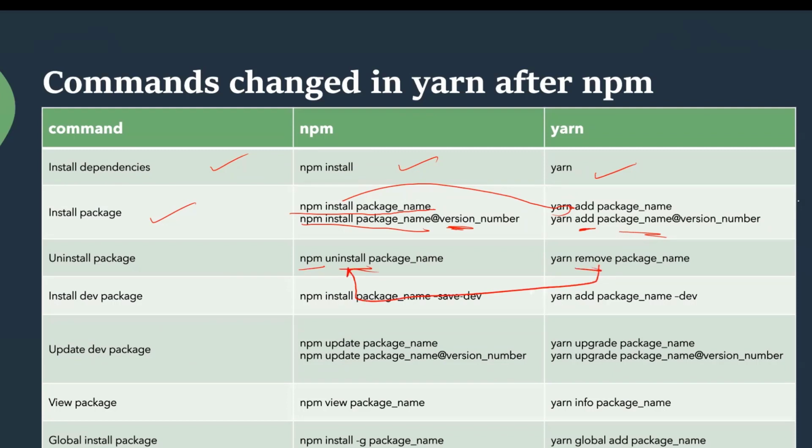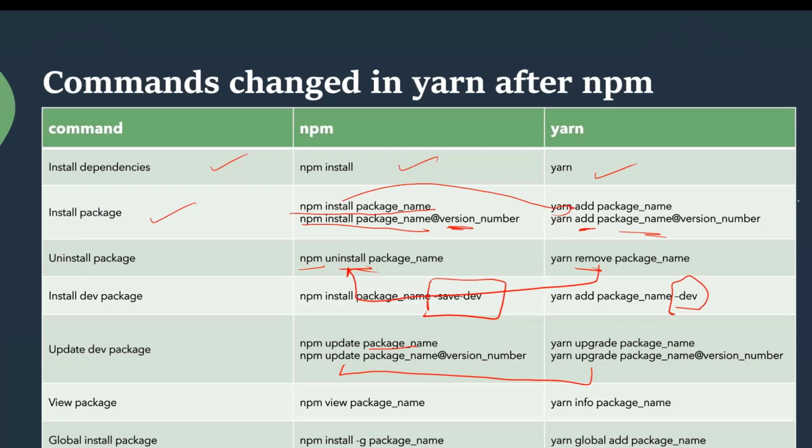Installing dev packages: npm install package name with --save-dev, and in Yarn it is just --dev. Updating packages: npm update package name, and in Yarn it is upgrade, update versus upgrade, a tiny difference.